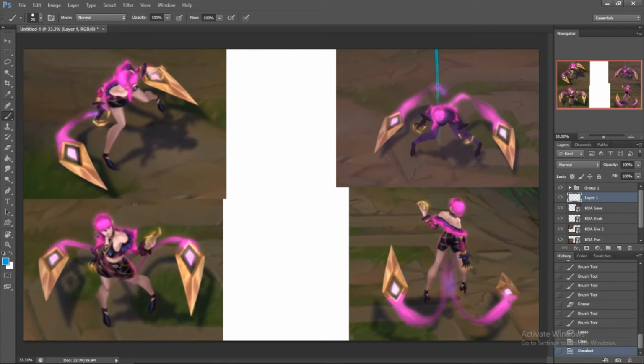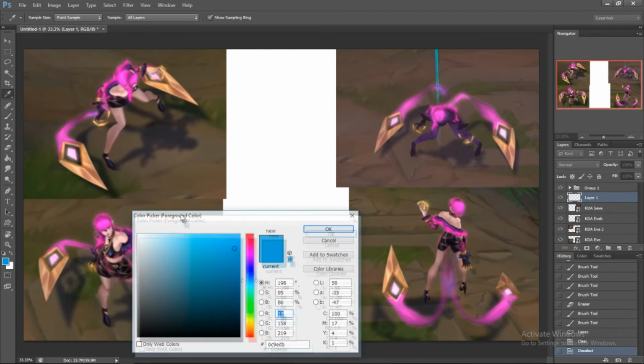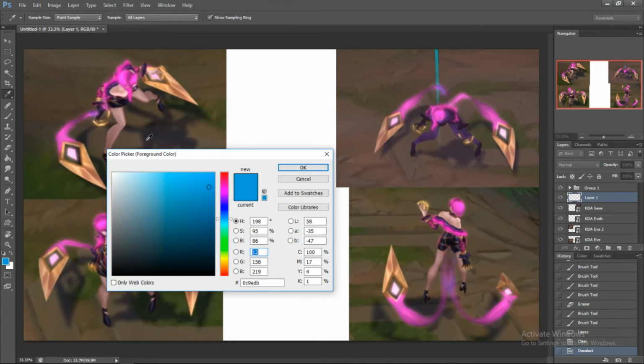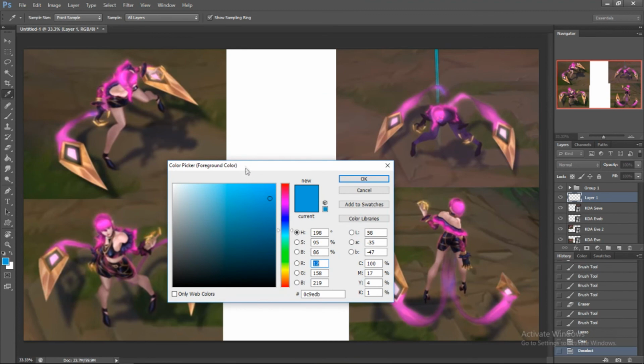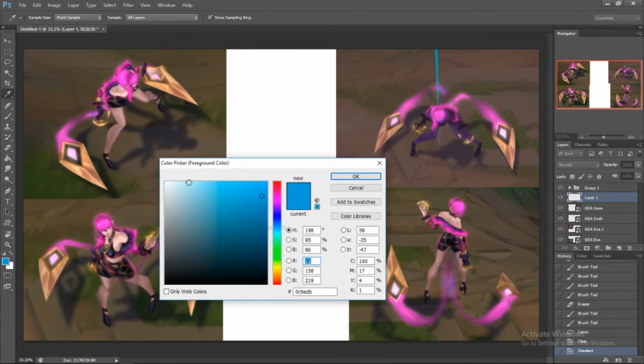And we already talked about values. Again, values are really, really important because it determines whether or not your character will stand out from the game and from the background. And I've seen a few games, newer games, where it's like I can't see my character. If you're trying to do it intentionally, that's okay. But if you're just doing it for the whole game, like for example, if we go in and we say